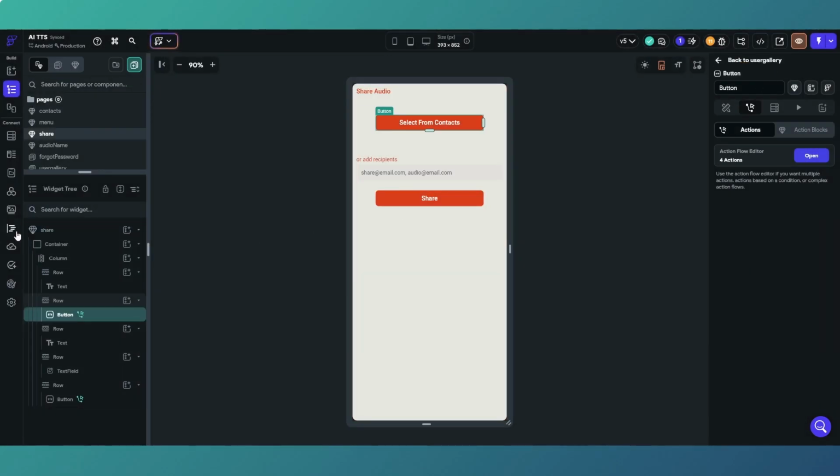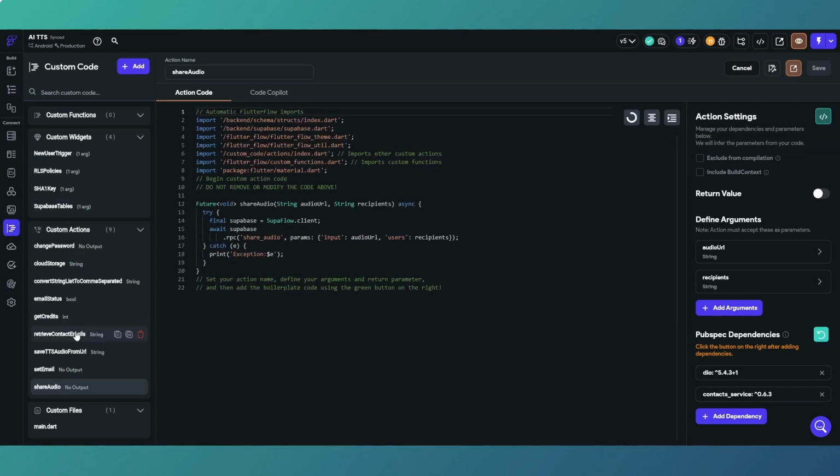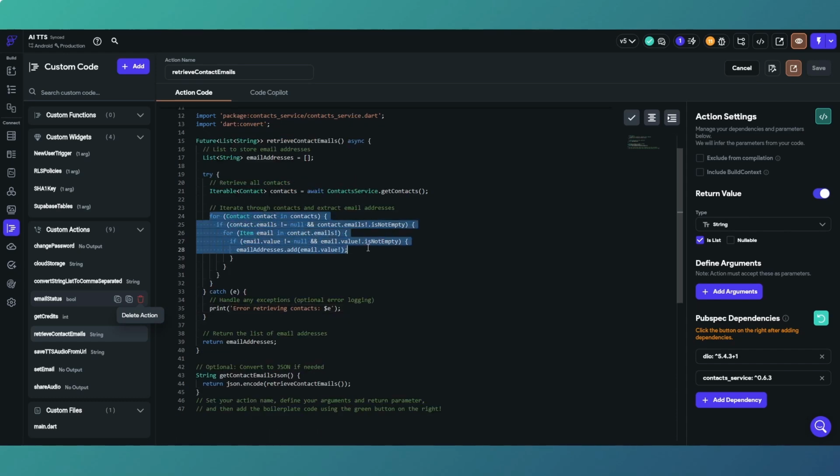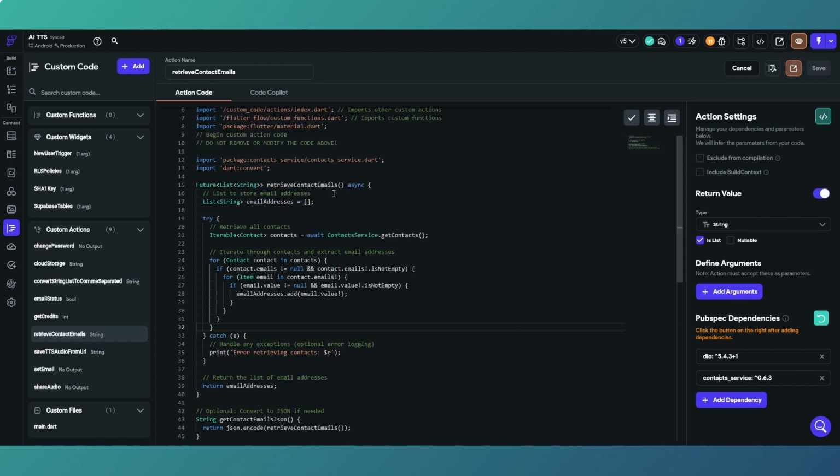So for the request contacts, essentially we are creating a blank list which is email addresses, and then we're retrieving all the contacts' email addresses and returning them in the email addresses variable. That's what was displaying on our custom widget, and we have an additional package from pub.dev which is contact service, so we're having to add that as a dependency and import it into the function. So then once we have done that, we are displaying